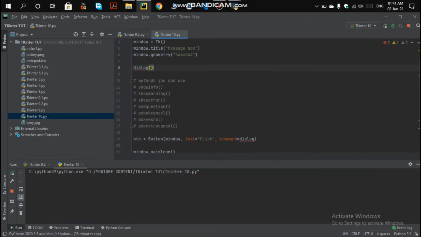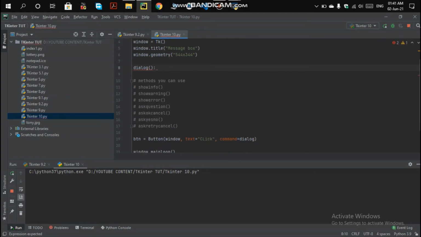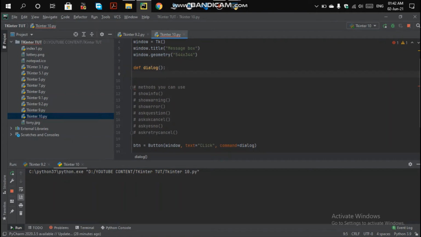Creating a function in Python is very easy. Let me write the fun before to create a function here. Not fun, it's def. Sorry, I was remembering JavaScript and all previously, so sorry for that. I am in Python now. So that is def, and the function name is dialog and the colon, and after the colon we will be writing the code. So basically that is how we will be doing the def functionality here.